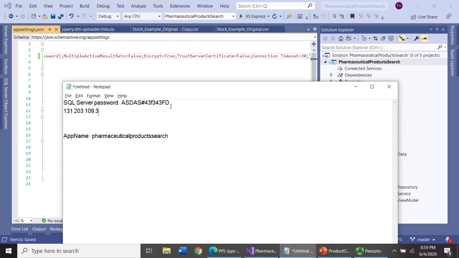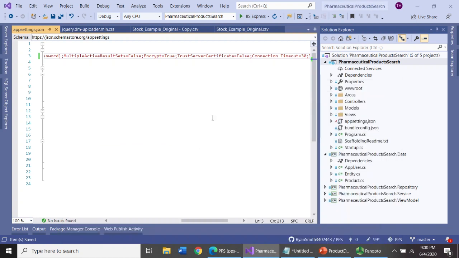Then you have to replace the password. Okay, that is done.